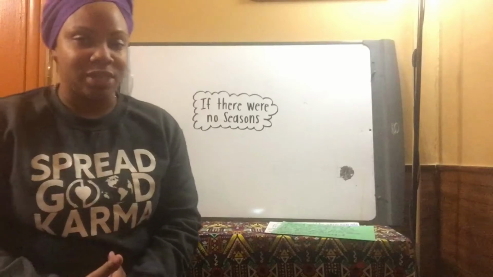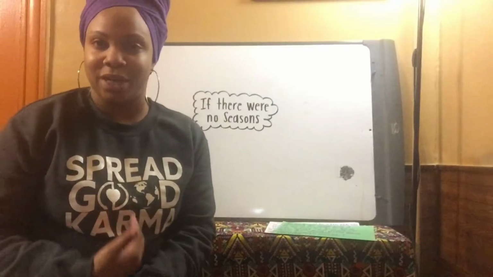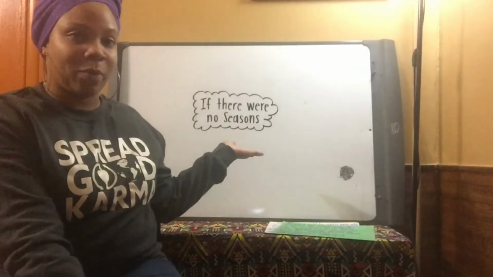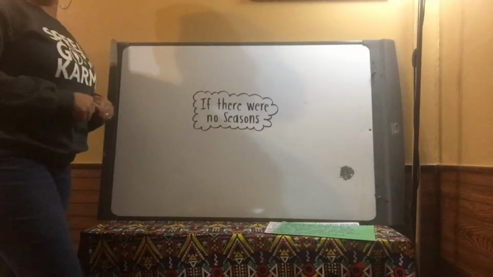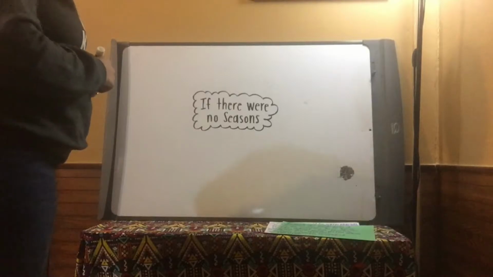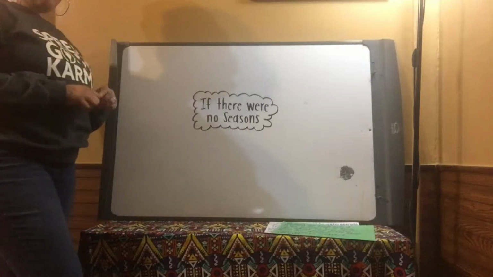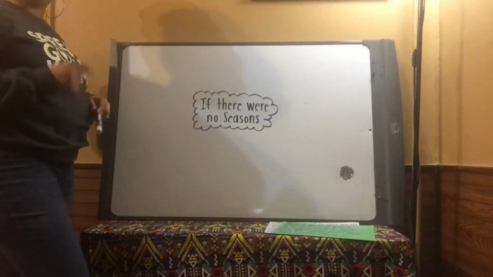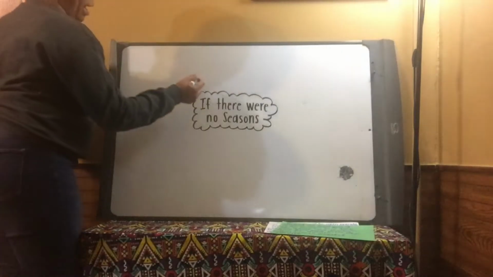I was also a mighty note taker as I viewed the video, and I would like to share the 7 ways that I wrote down. All right, and I'm going to do that in the form of this web chart. The title of the web chart is If There Were No Seasons. All right, Congo Nation, so this is what I learned from our video. The first thing that I learned is that if there were no seasons, there would be too much rain. And it would make it difficult for crops to grow. So in some areas of the earth, there would be too much rain, which would make it hard for plants to grow. So I'm going to add that to the web chart.